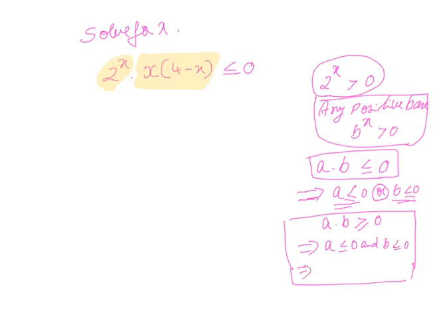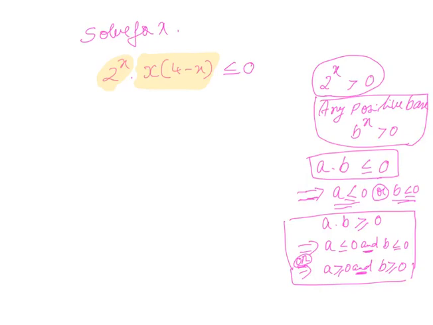So there are two options here: either both of them are negative or both of them are positive. Hence I use the word and here. While in the case of the less than inequality, only one of them can be negative, not both. In the case of greater than or equal to 0, both of them have to be the same, either negative or positive. This is the simple thing that we apply when there are mixed